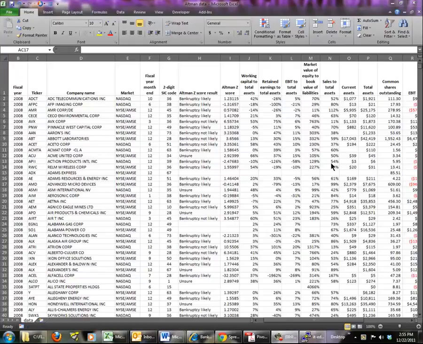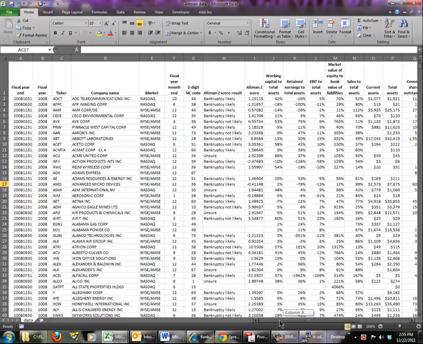The purpose of this presentation is to show you the basics of creating a pivot table. We're going to start with this database, which is created from data from Standard & Poor's CompuStat, and it has descriptive information on a large number of companies. What we're going to do is create a pivot table from this information and then see what we can do